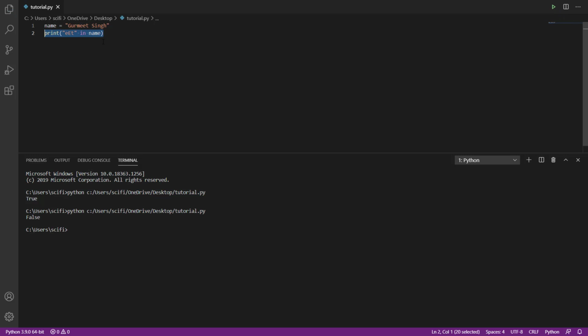You can apply the membership operators to iterable objects only. A string is an iterable object because it is a collection of characters, right? That's why you can apply a membership operator on it. The other iterable objects are like list, set, tuple, etc. So here I'm creating a list with Gurmeet,